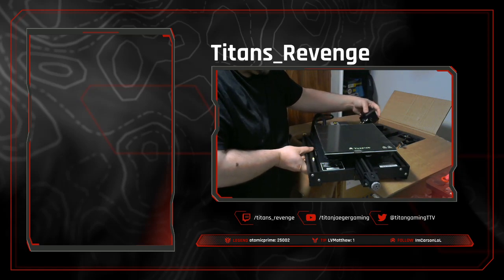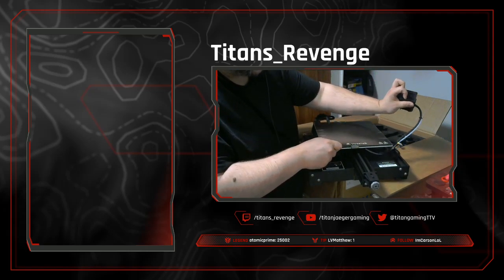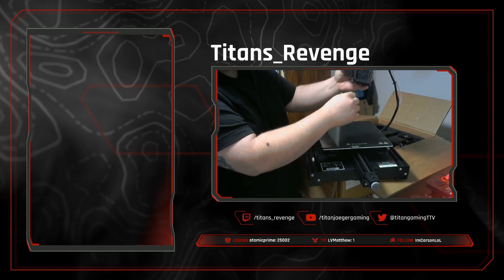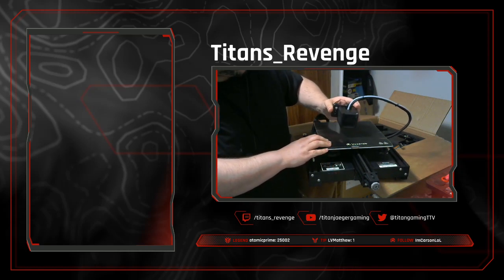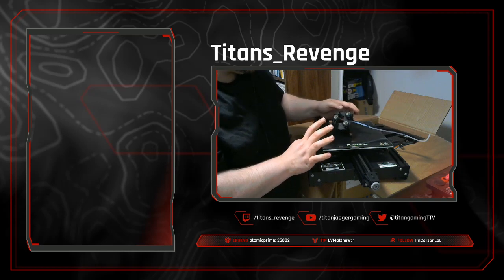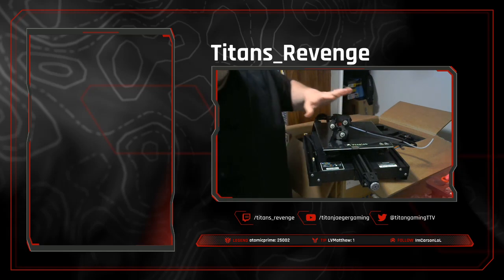So basically what you're looking at here is you have your plate. This is what's called the hot end. Once you get this set up, this is the end with the needle that will go across here, and it will extrude out the melted plastic as it moves back and forth and creates your 3D design. The fact that it's a hot end that comes pre-assembled is great. Some of the other ones you have to assemble the hot end, but I will say this right off the bat, I knew what I was in for with this, so I immediately